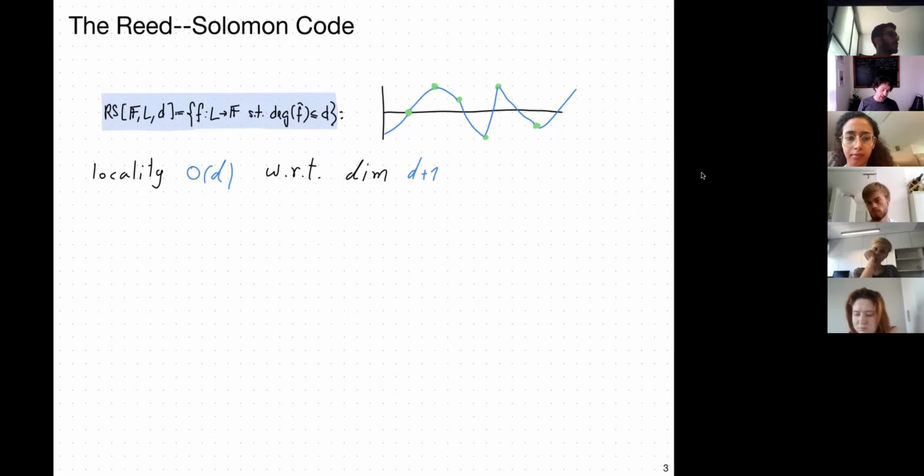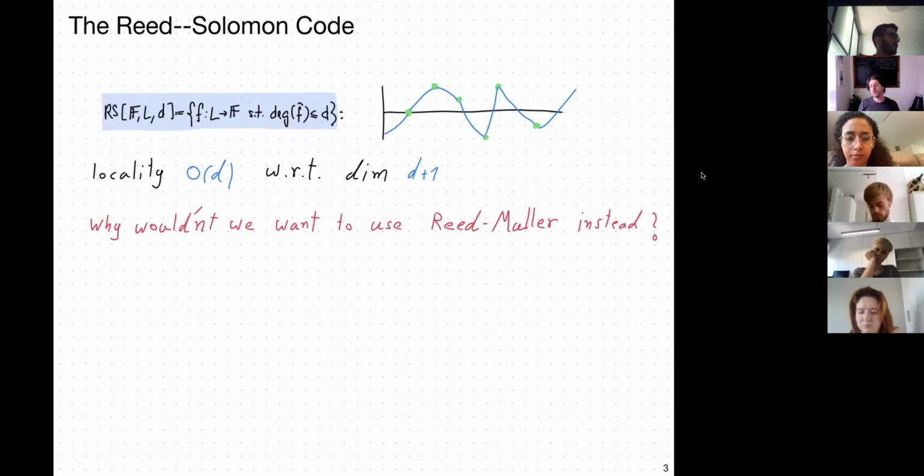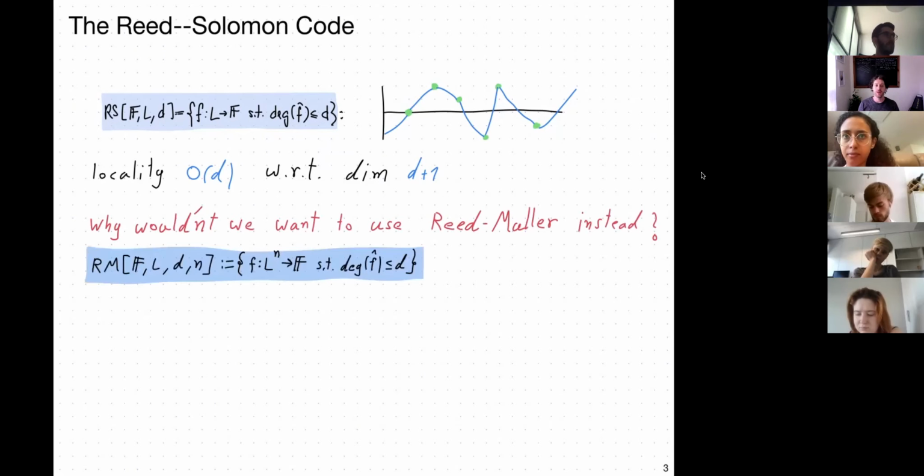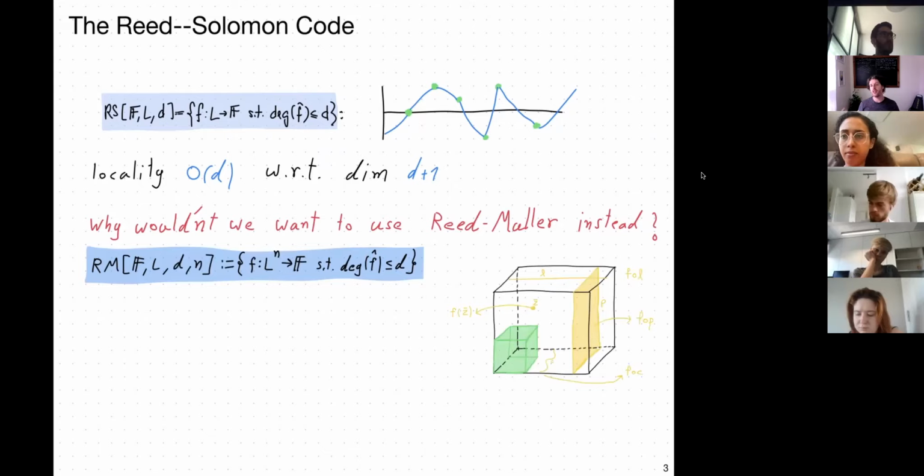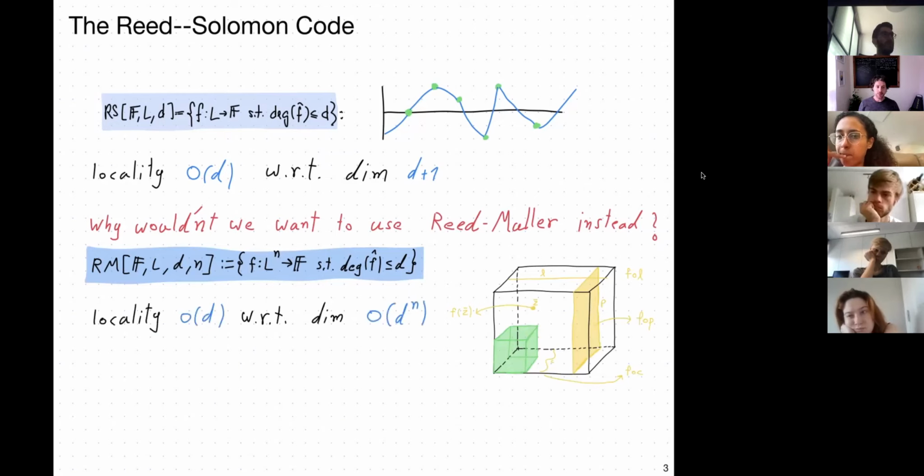So if this is the case, then why should we even look at the Reed-Solomon code? And why not do all the hard work that we did last time and look at the Reed-Muller code? The Reed-Muller code is exactly like Reed-Solomon, but in more variables. So instead of a univariate polynomial, the only thing that changes is that we have n variables. Now this polynomial is over L to the n. And this admitted this rich structure that they went on and on about yesterday, about the lines and the planes and all of that stuff, with the nice property that,